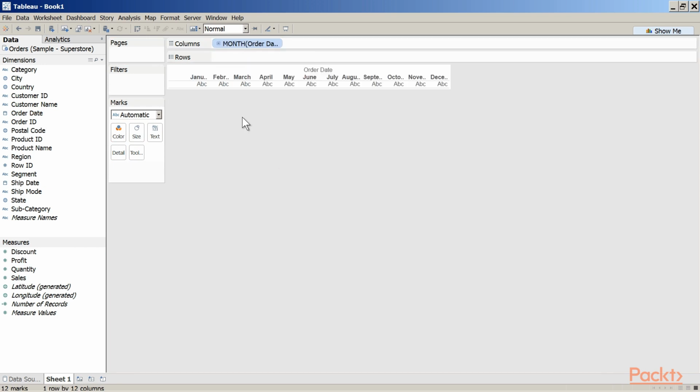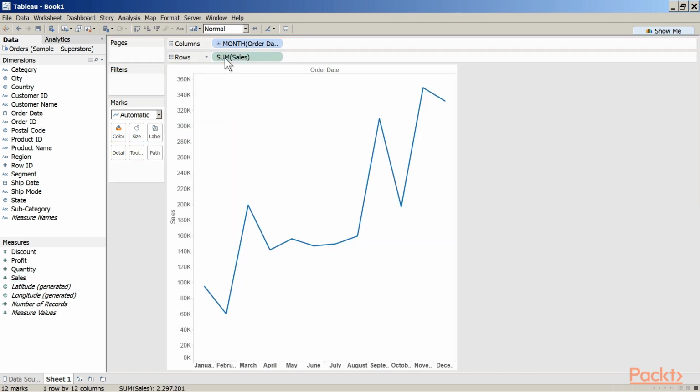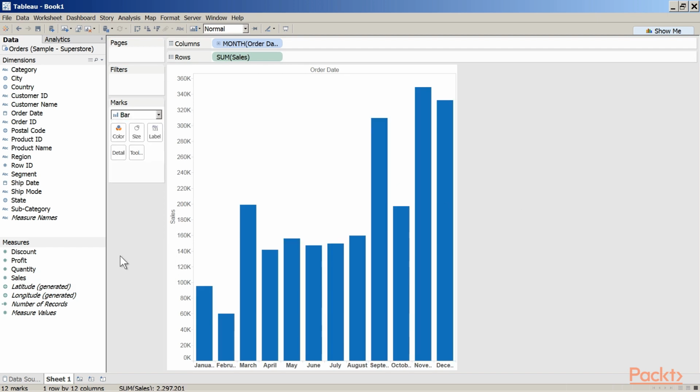We have data for 12 months, January to December. Let us drag our first measure, sales, and place it on the rows shelf. Let us change the mark type to bar. Let us drag the second measure, profit, and place it on the same axis as the measure sales. Drop the measure profit when you see the two green bars on the axis on which the measure sales is